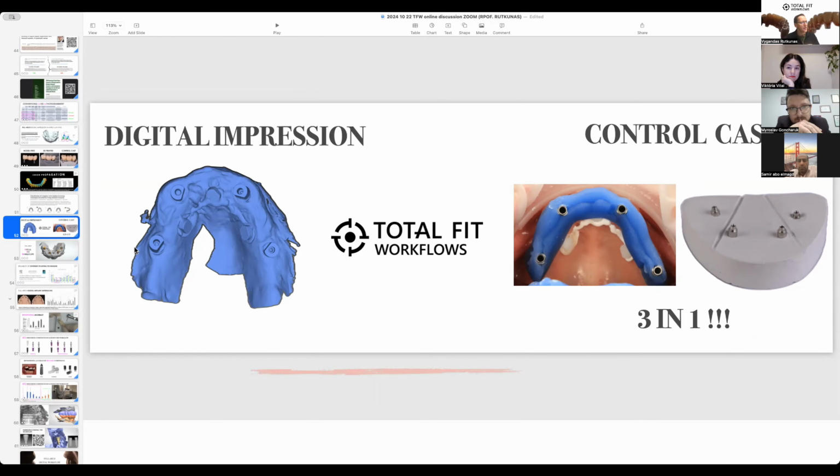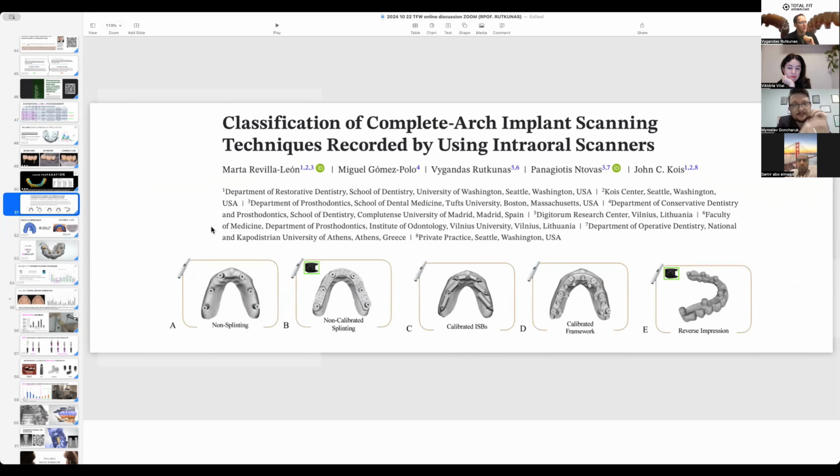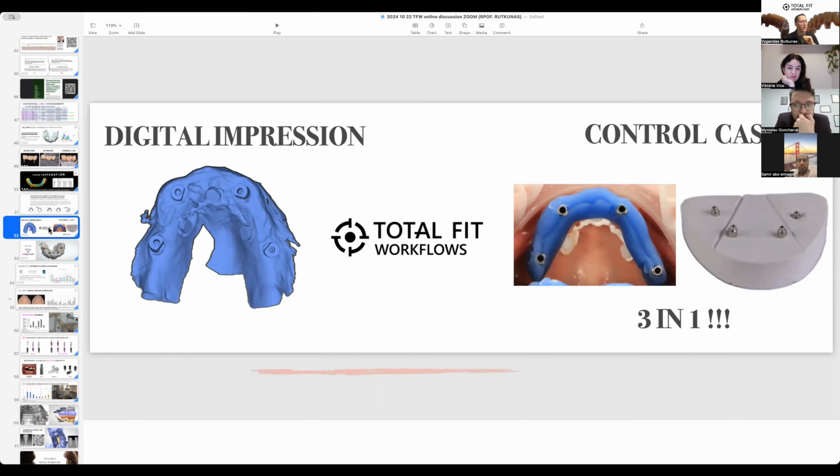Besides putting a lot of effort into increasing the accuracy of intraoral scanning, I do the splint. And in this study, you see also that the popularity of splinting the scan bodies or other impression devices is increasing.